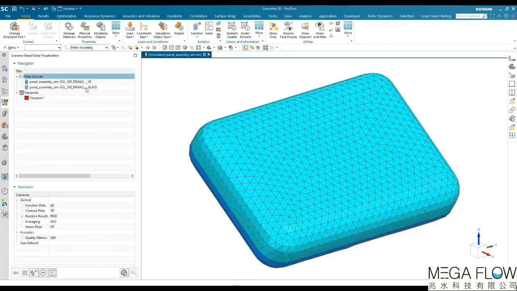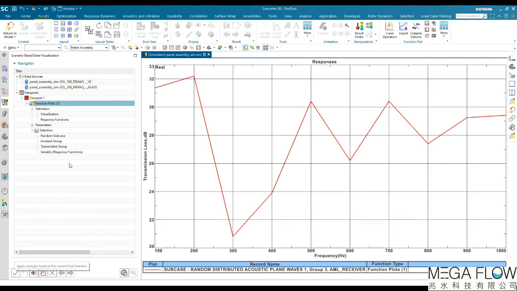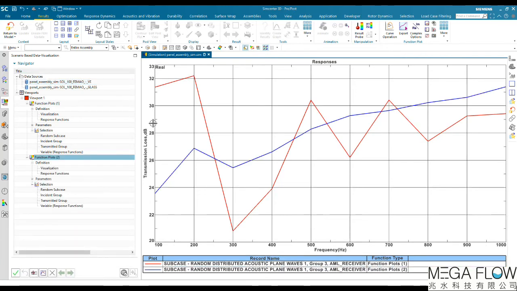Post-process, so here we go. Maybe let's plot first, for instance, this one. This is the transmission loss for the case with the full glass, so without this intermediate PVB layer. And if we show this one on top, with this layer indeed, we see some changes in the general trend of the transmission loss over the frequency range, with a higher transmission loss